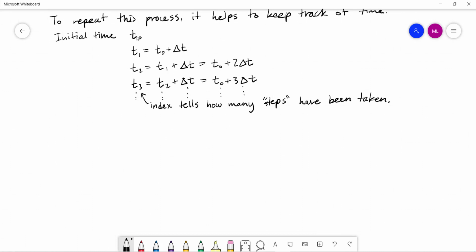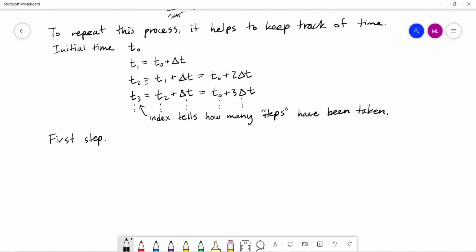Okay, so basically what I'm going to do is use the initial value of time and plug that in to get our value of y at t1. Once I know the value of y at t1 or our guess for it, I'm going to plug that value of y in to get our guess at t2. Once I know t2, I'm going to use that value to get our guess for t3. And so here's how that will work. So our first step,